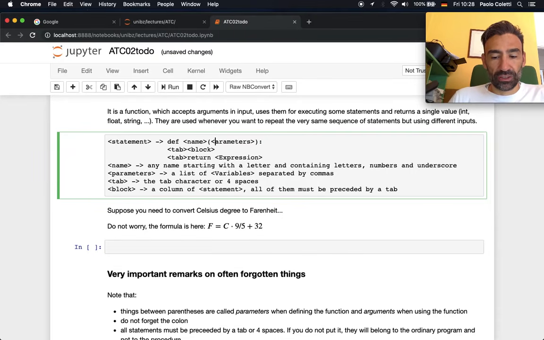Since I decided to have them capital, let's put them capital. Okay, let's leave tab non-capital. So parameters is a list of variables separated by commas. In this case, when you're going to use it, it will be a list of expressions. Then you have tab,